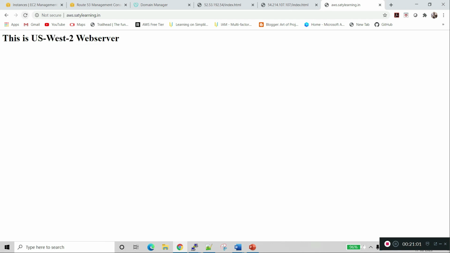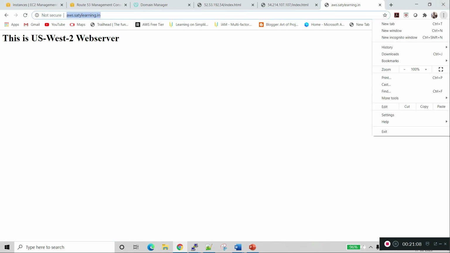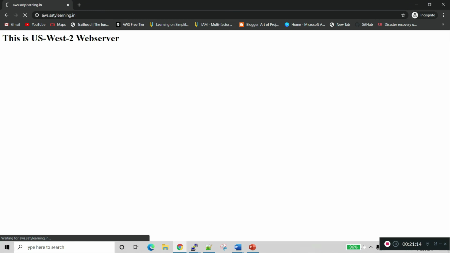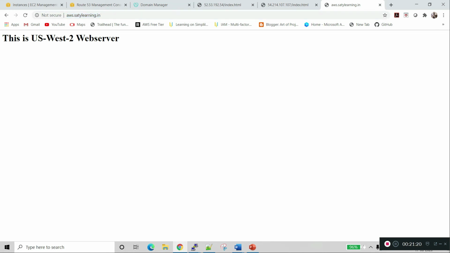If we refresh the page again, or open it in a new private tab, it's opening web server 2. So this is the lab we did today for disaster recovery using AWS.